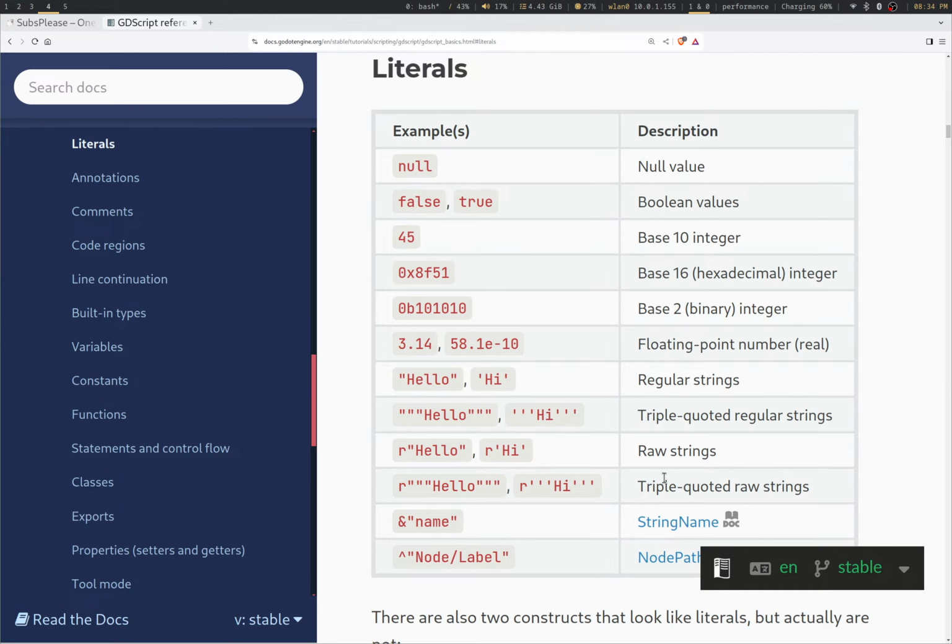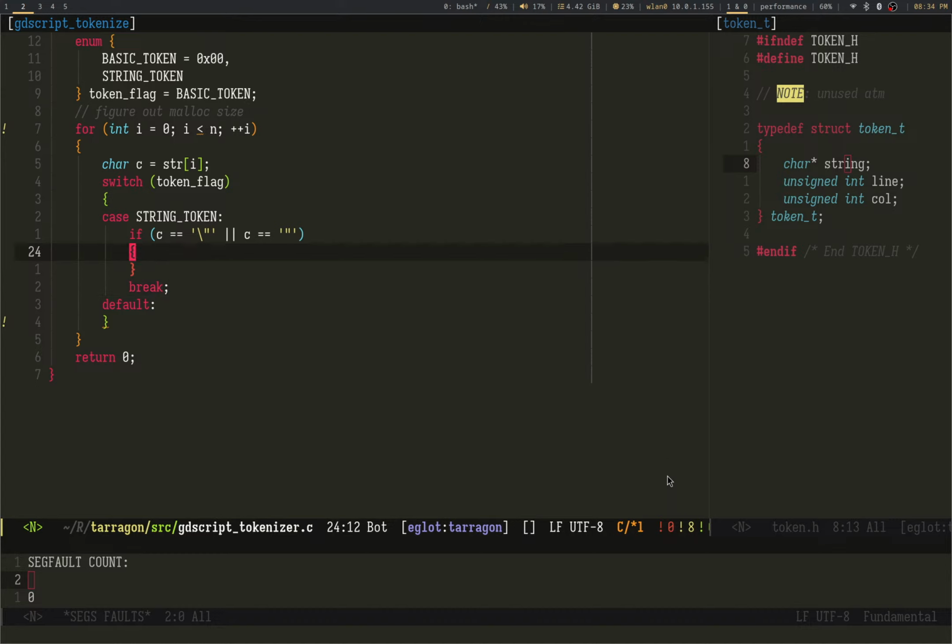So the trick here is, first you look backwards to make sure the former character is not the escape string.